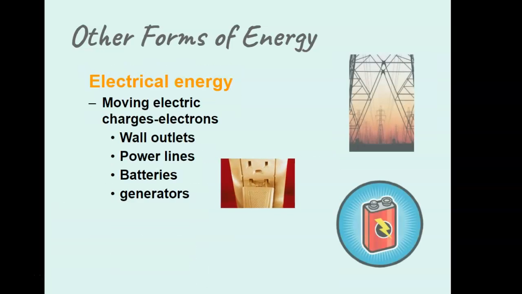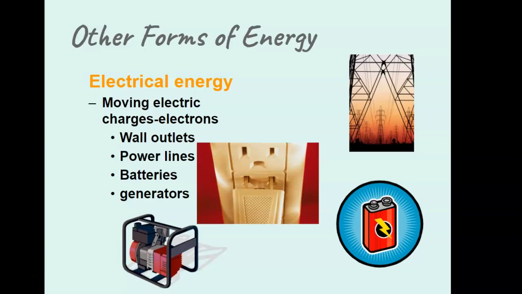Or maybe it's electrical energy. So when we talk about electrical energy, that involves the movement of electric charges. Those are called electrons. We might have that in a wall outlet, that is carried to our homes through power lines. We might use it in a battery to charge a remote control, or we might